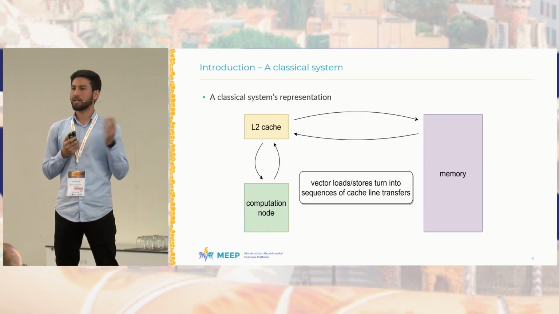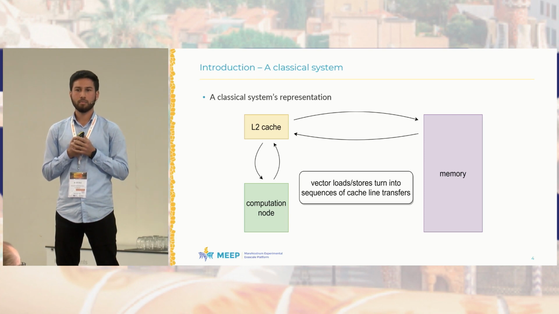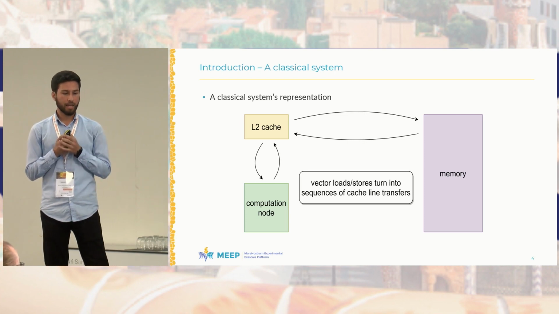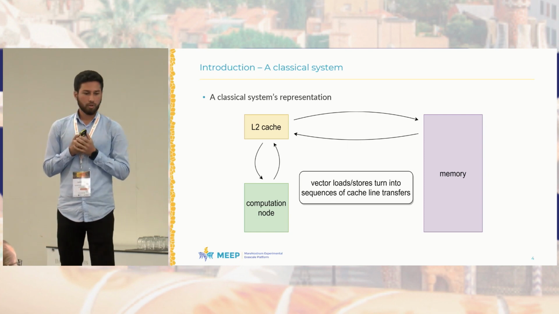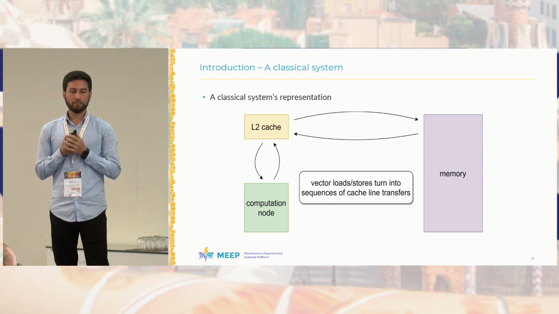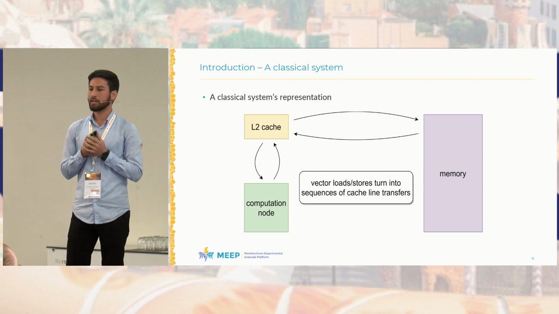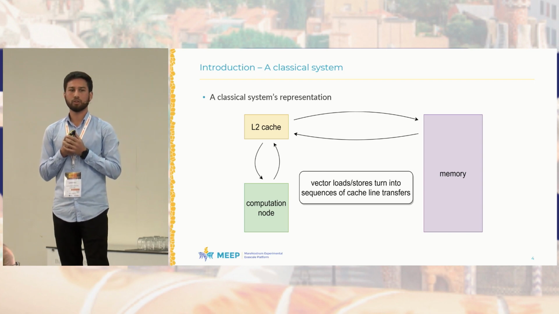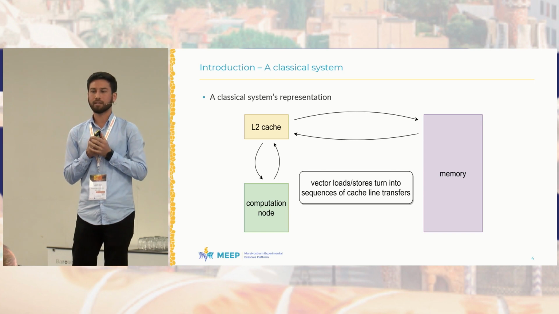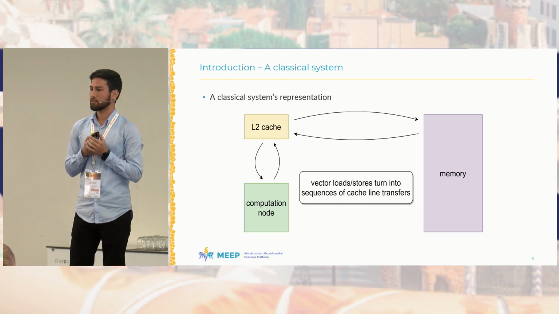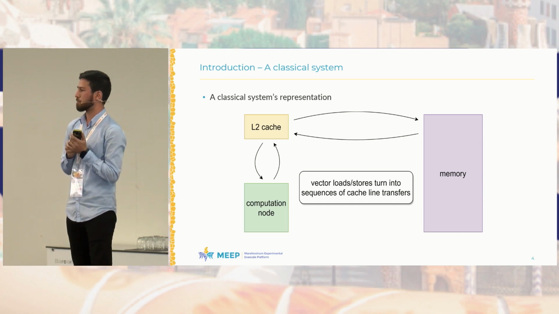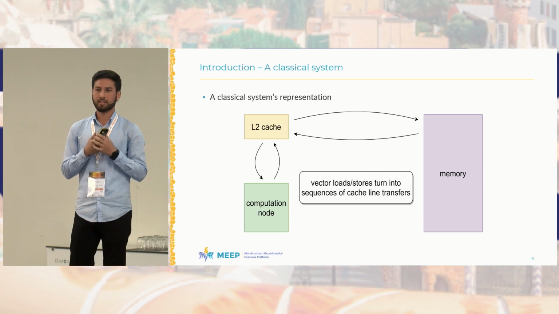This is what a classical system looks like. We have an L2 cache, we have a compute node, and the L2 cache talking to memory. In this case, even if you have vector loads and stores, they turn into cache line transfers. So now your vector requests are no more vector. The semantics have been changed, and they are now dependent on the cache structure as well. If your vector is too large or sparse, and it doesn't fit in the cache, you're probably going to